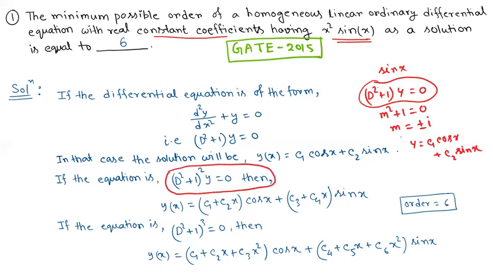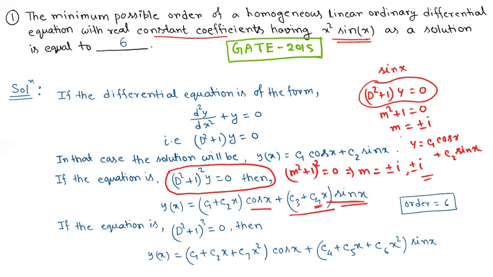When we solve it, the auxiliary equation will be (m square plus 1) whole square equals to 0, and this implies m equals to plus minus i, and in this case the solution will be (c1 plus c2x) cos x plus (c3 plus c4x) sin x, and here x sin x is a solution with some constant coefficient c4,